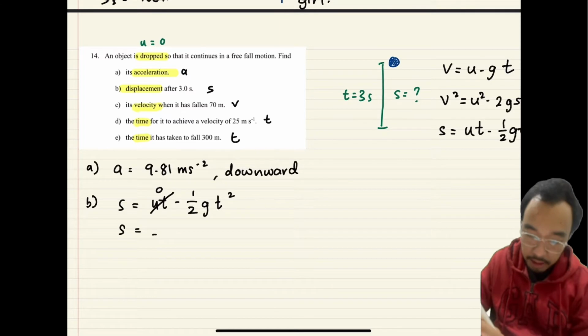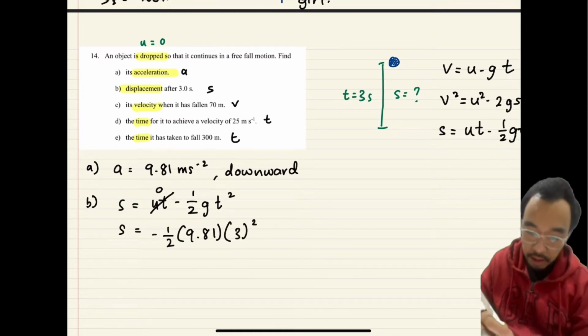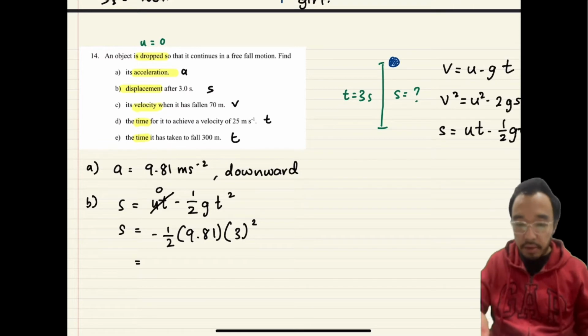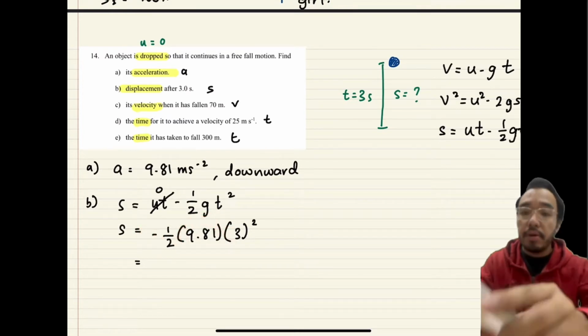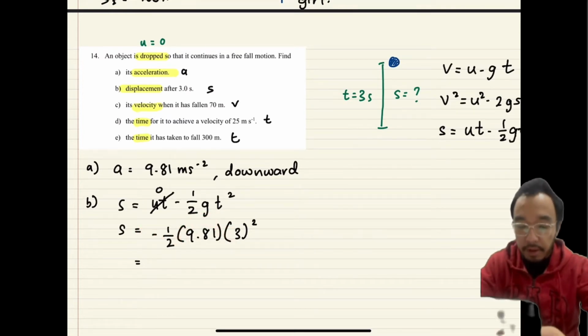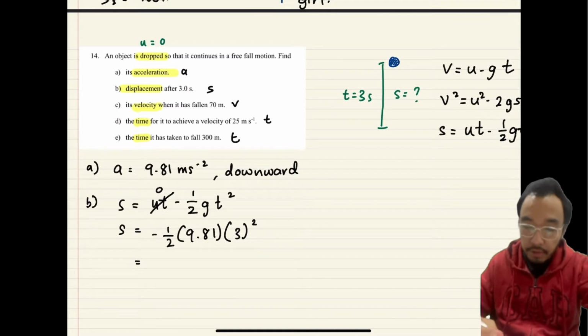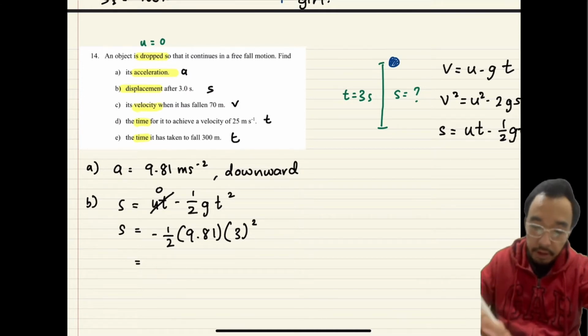So you have negative half, 9.81, T square, 3 seconds. Don't forget to put the square. Notice that the negative is on the outside because you already put the negative in the equation, or else it becomes redundant. So I got here